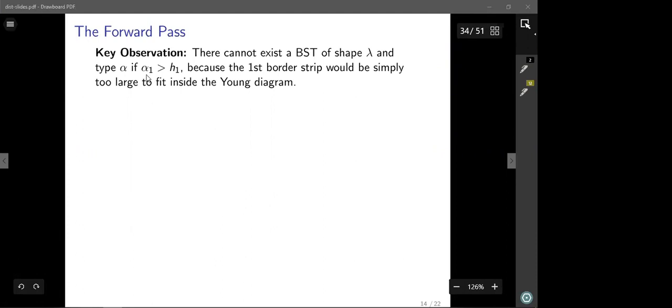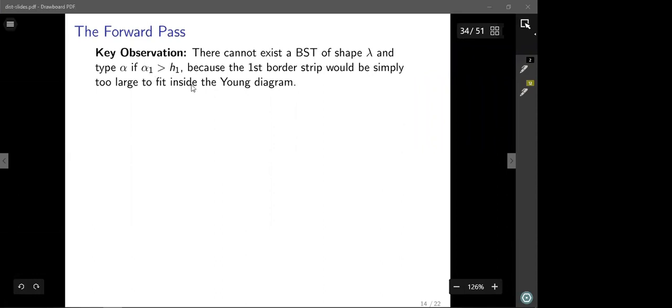In fact, I take my alpha 1 to be larger than the size of the first principal hook length, the principal hook length of size 1. So in other words, I ask for an alpha 1 that's bigger than the total of the first row and